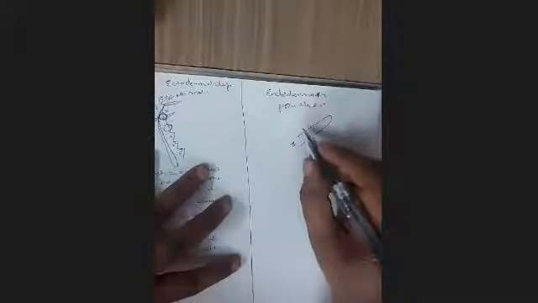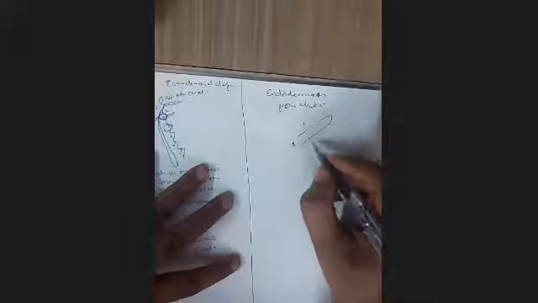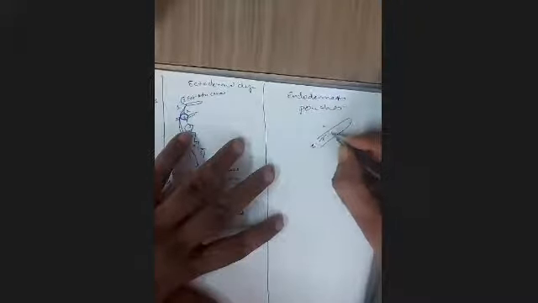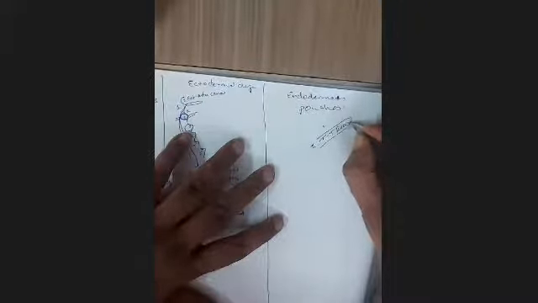So suppose this side pouch, the first pouch goes like this. This is the first pouch which goes deep inside the first and the second arch. So first arch will be here, second arch will be here. Okay, and this forms what is called the TT recess. What is TT recess? Tubotympanic recess.